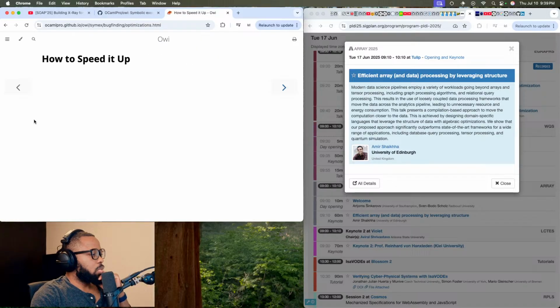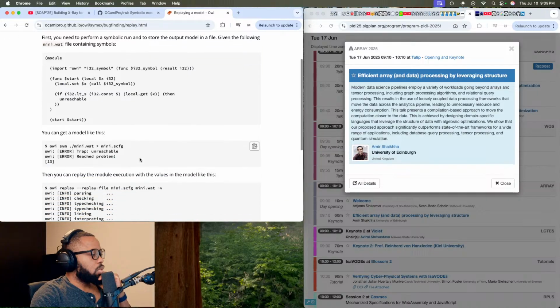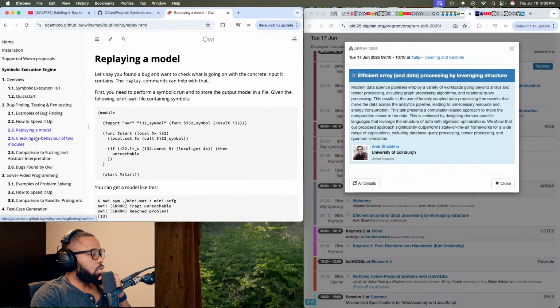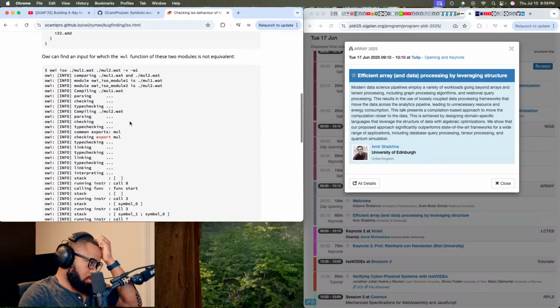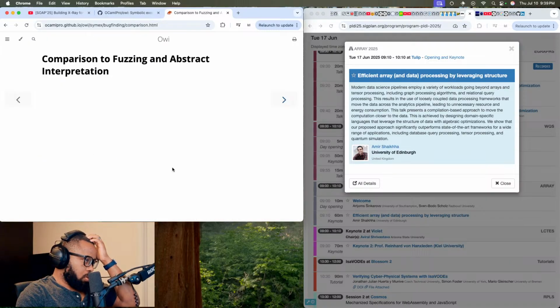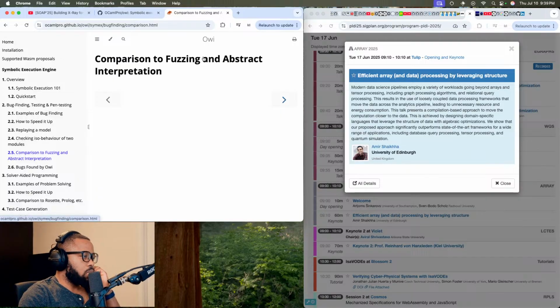Oh yeah, fuzzing and abstract interpretation.